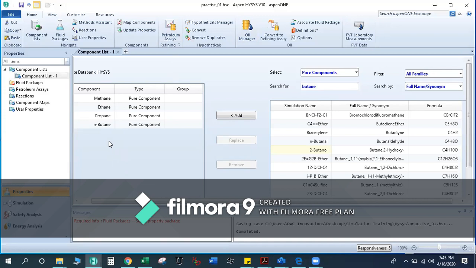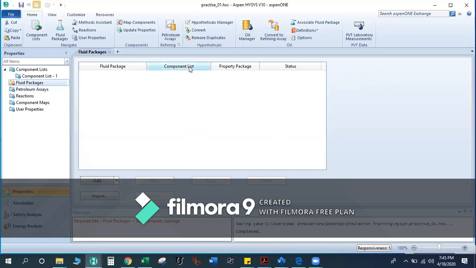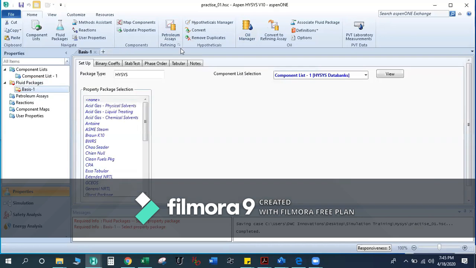For that we have the fluid package. It basically tells you that if you want to calculate the properties of the stream, let's say viscosity, density or anything, there are separate methods available in HYSYS. By using those methods, you will be able to calculate the properties of those streams. There are n number of fluid packages available in the fluid package selection list.